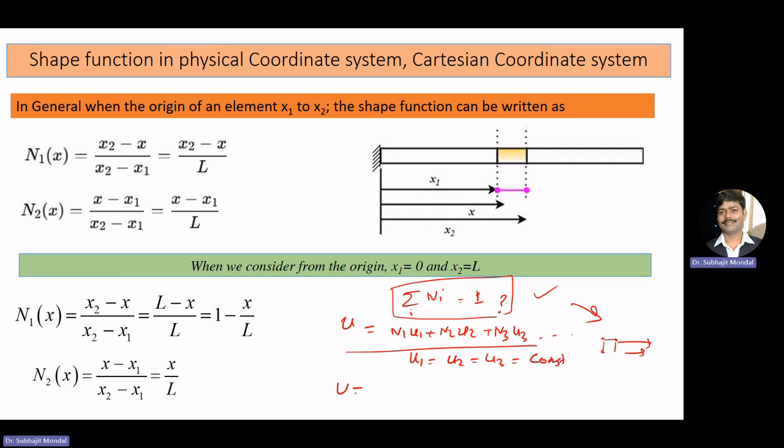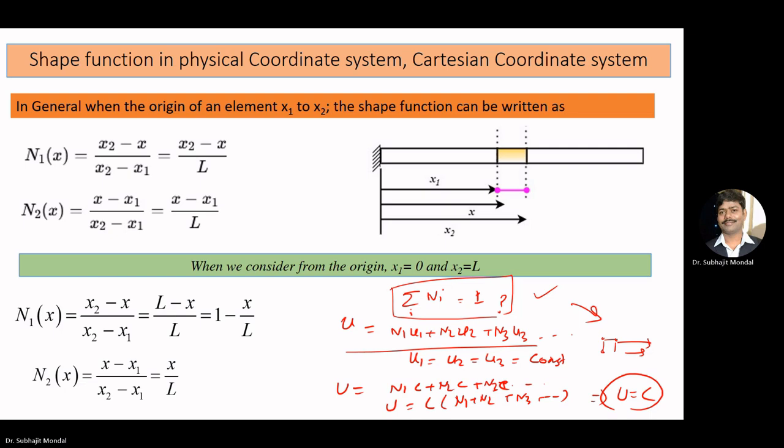Now u we can write as n1 c plus n2 c plus n3 c, like that. So u we can write as c times (n1 plus n2 plus n3), which is equal to c. So here you just see, if the sum of the shape function is equal to 1,